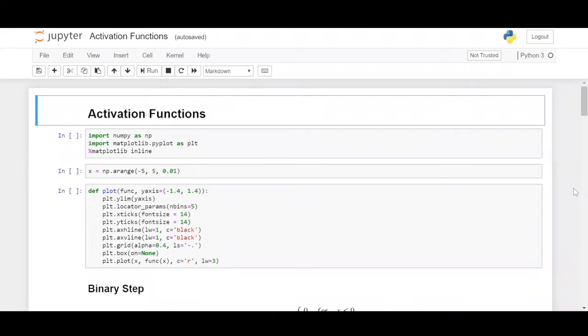In today's session, we'll be exploring the various activation functions that we will be using in neural networks and deep learning. So here we have a few activation functions that I will show you. And basically what you're going to see are the graphs, which are quite important, and knowing the ranges of their values and how they function.